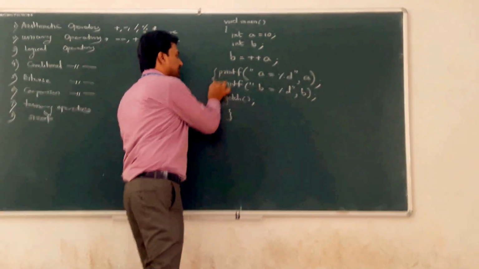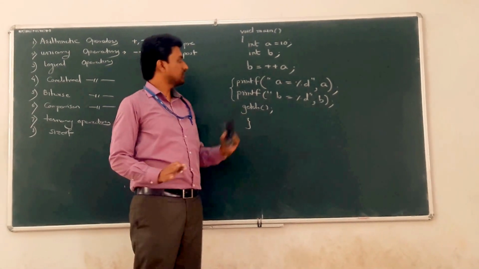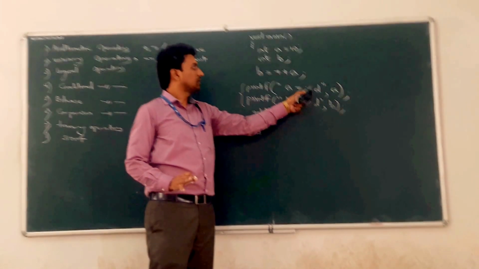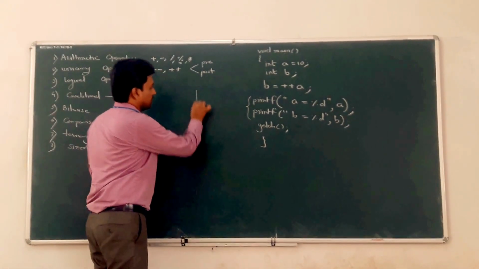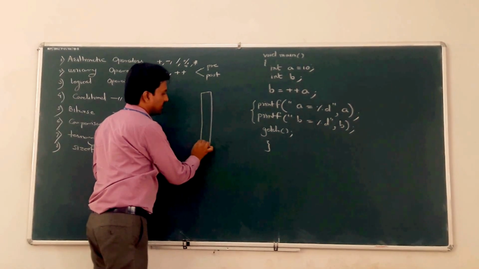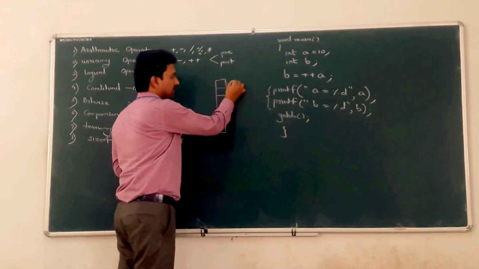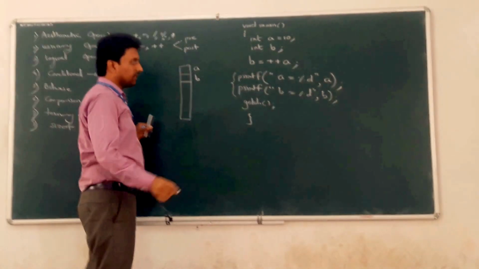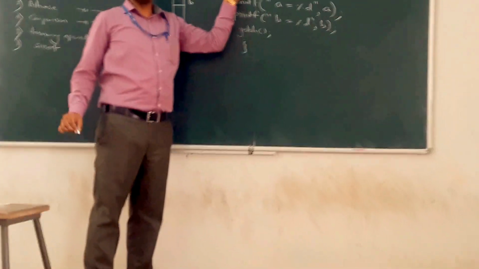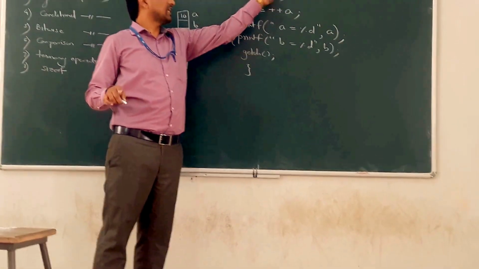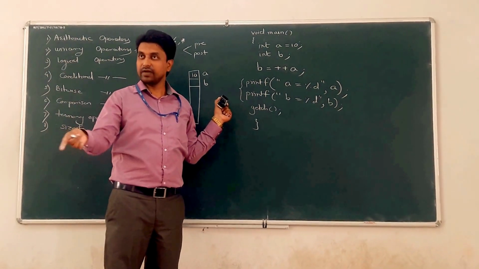Whatever is written in the printf, that much is displayed on your text mode window or console. So what is the output? A is equal to 10. Let's check it out. Two variables are there. Which type? Data type int, so 2 bytes are reserved by the compiler. Both storage classes are auto, so the initial value is garbage, but A has its own value 10. So the garbage value is overwritten by 10.